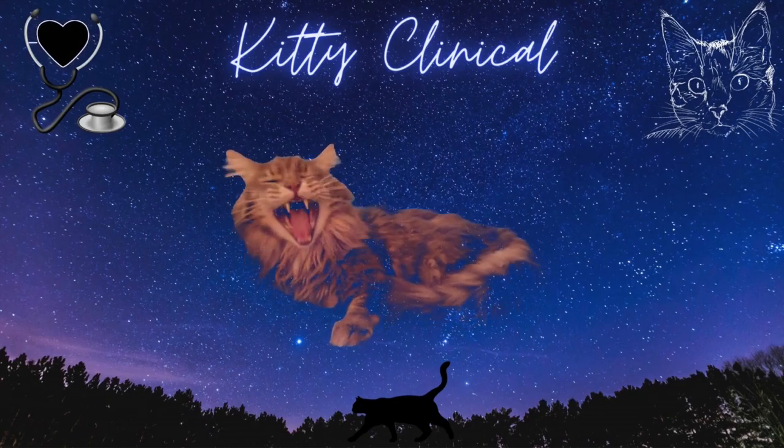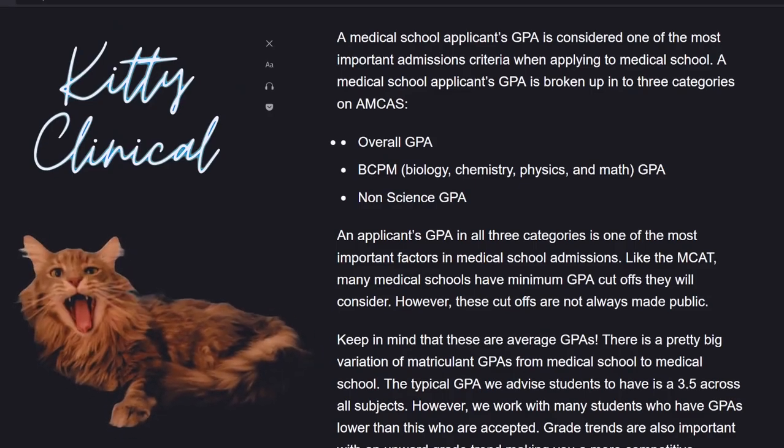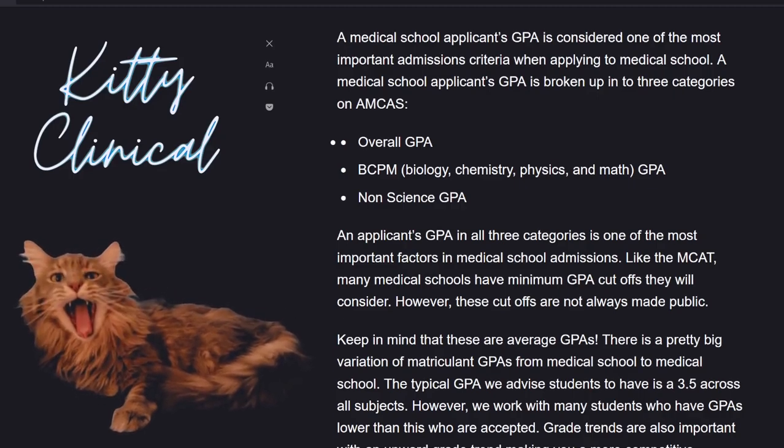So today we're going to be talking about the topic of the GPA that gets you into medical school. You're an undergraduate applicant, a medical school applicant. You're applying to medical school, and you're going to graduate soon, and you're looking at improving your GPA. So what are you going to do? Well, there's a few things you should know about. I'm going to talk about one of them in this video today, and that is going to be about the applicant's GPA being a requirement,